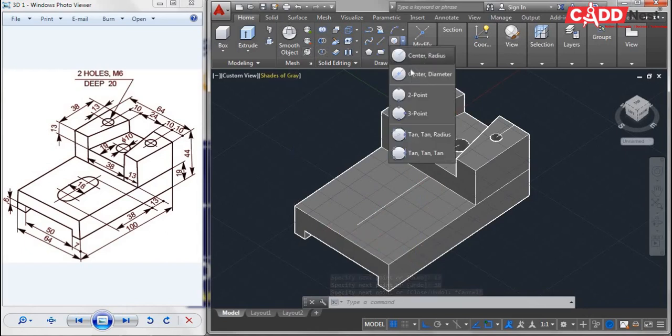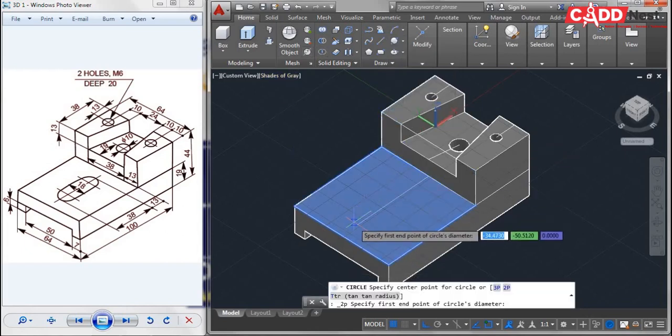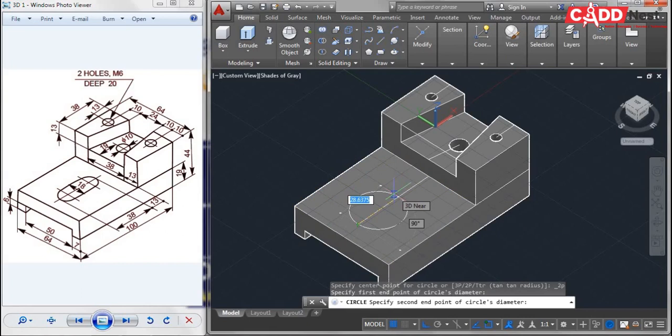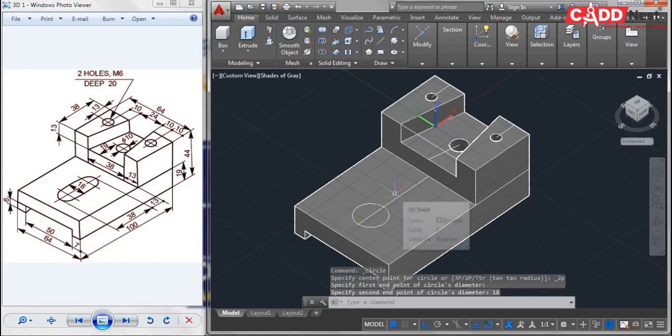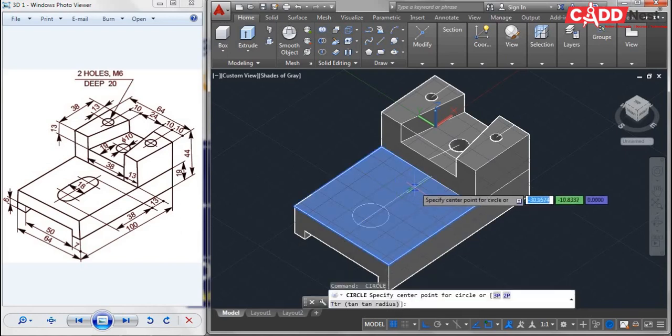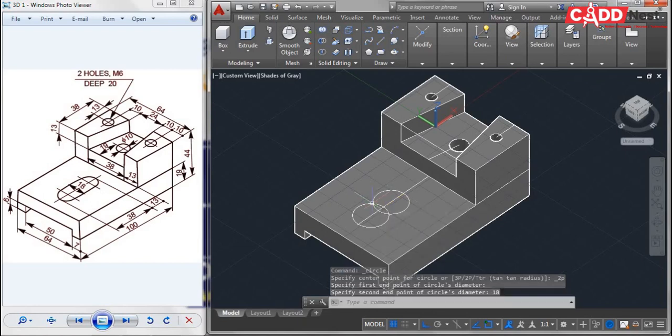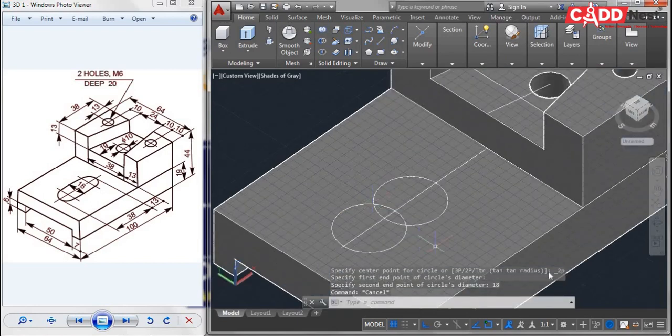Now I'll be going for my circle, that is a 2-point circle, and from this end I'll be drawing one circle. It is at diameter 18, that is the radius will be 9, and also from this end point it should be 18. Like this you will be getting overlapped circles.